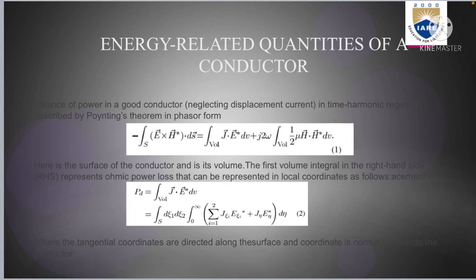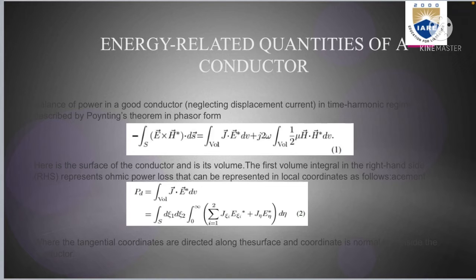Energy related quantities of a conductor. Balance of power in a good conductor, neglecting displacement current in a time harmonic regime, is described by the Poynting theorem, which is transformed into the following equation. Here S is the surface of the conductor and V its volume. The first volume integral in the right hand side (RHS) represents the ohmic power loss